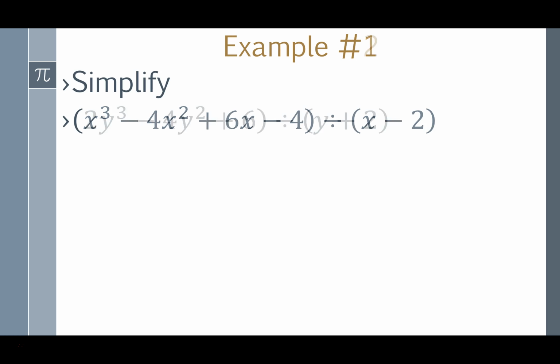Okay, so let's see another one. So we have 2y cubed minus 4y squared plus 6 divided by y plus 2. So when we set up our L bracket,